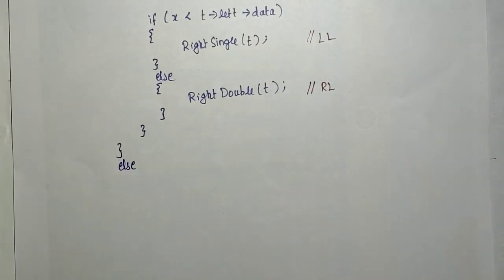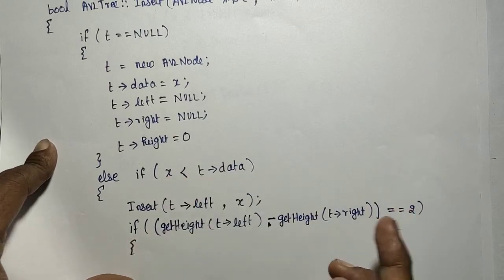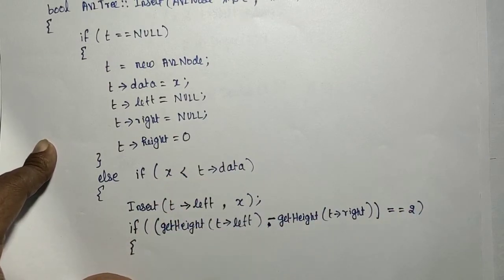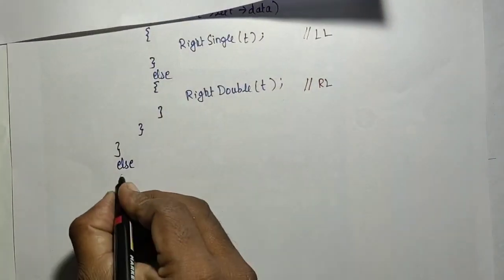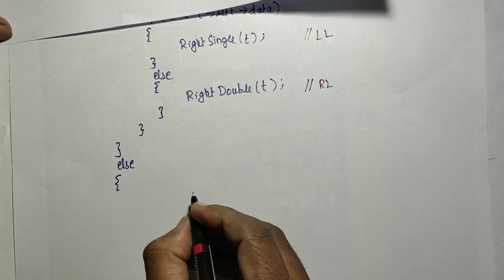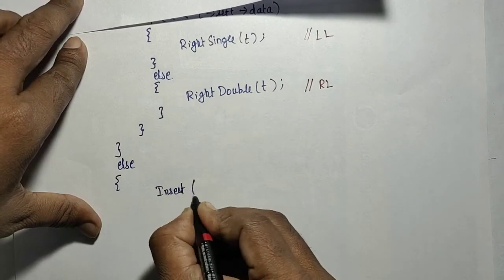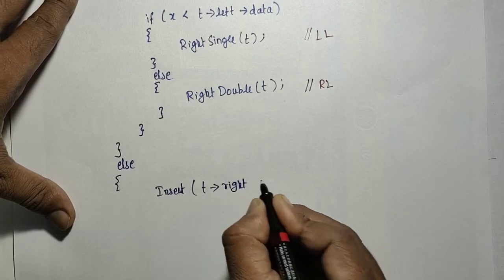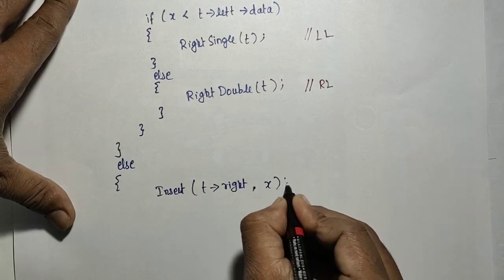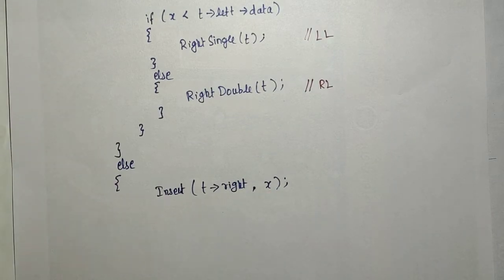Else. It means in that else part x is greater than or equal to t of data. Greater than or equal to t of data means x has to be inserted on the right side. So I need to write the solution like this: insert t of right, comma, x. After inserting x into t of right,